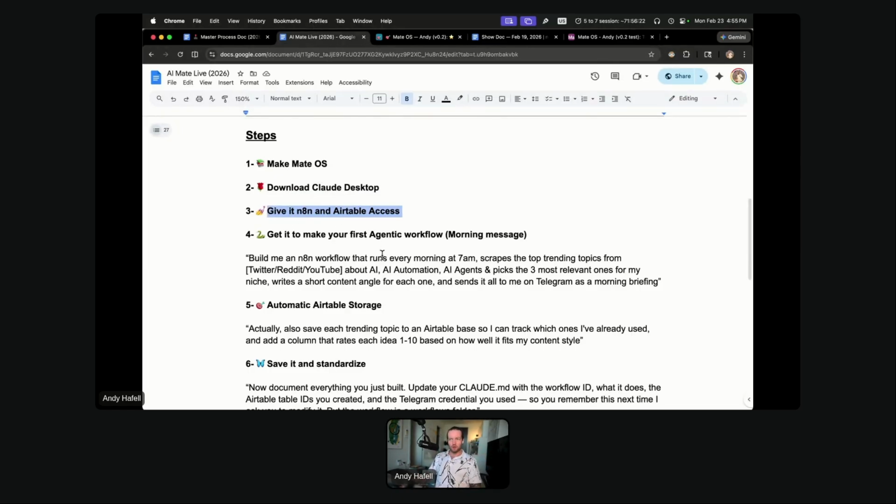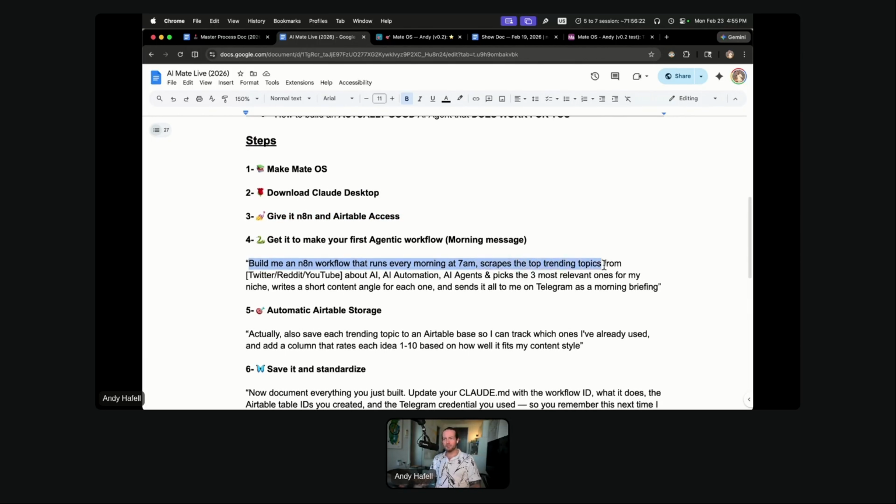We're going to build an n8n workflow that runs every morning at 7 a.m. It scrapes the top trending topics from Twitter, Reddit, YouTube about AI automation, AI agents, and based on that picks the three most relevant ones from my niche, writes a short content angle for each one, and sends it to me on Telegram as a morning briefing.